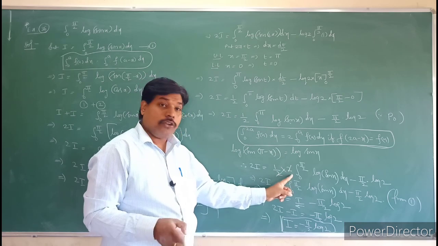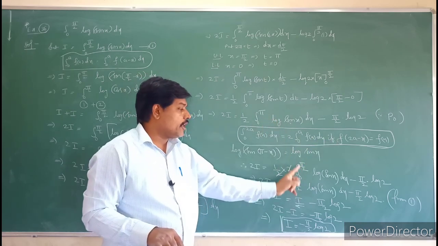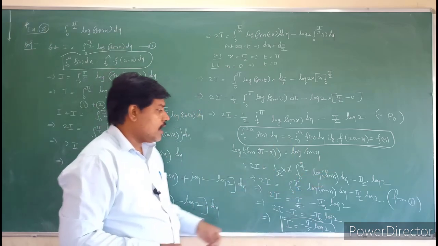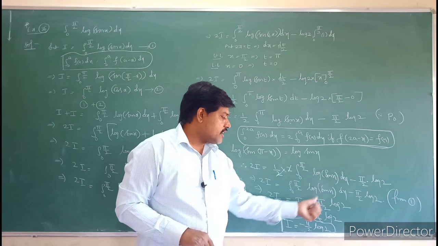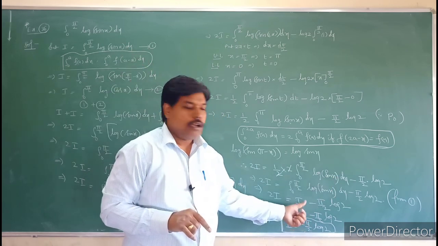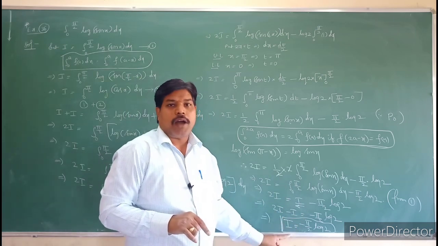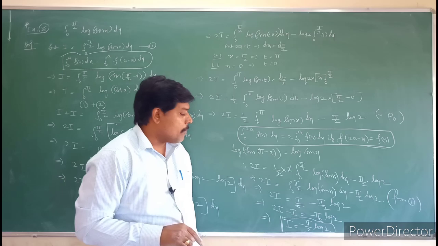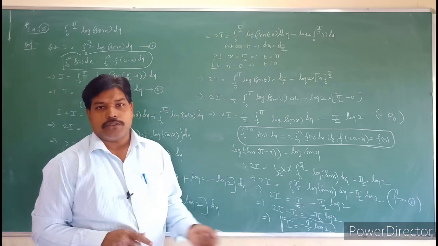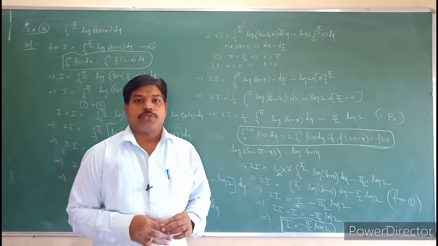So when you apply this, f of 2a minus x is equal to f of x. So 2 into integral 0 to pi by 2 of log of sin x minus pi by 2 into log of 2. Here integral 0 to pi by 2 of log of sin x is I from equation 1. So take this I to this side, it will become 2I minus I, which is I. Therefore I is equal to minus pi by 2 into log 2. So take that problem, students. Practice that question. That's the end of the integrals.